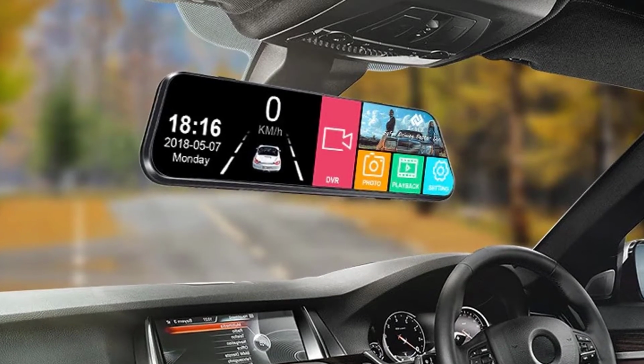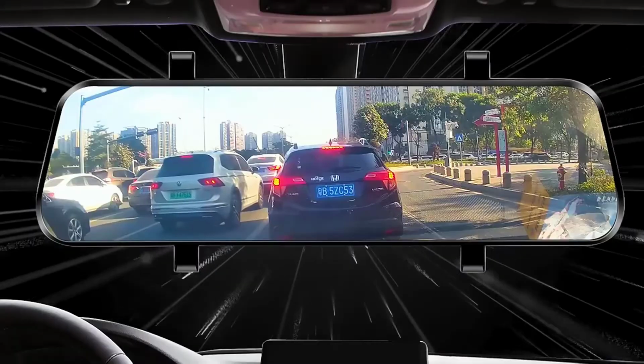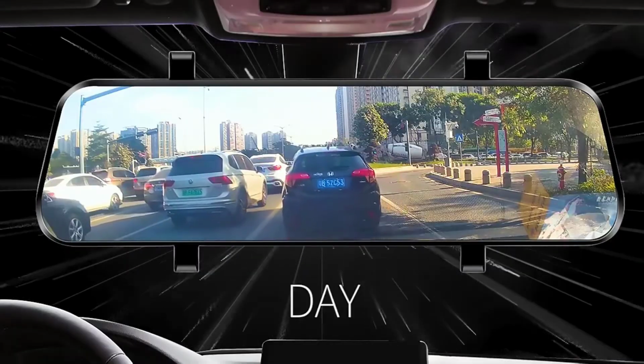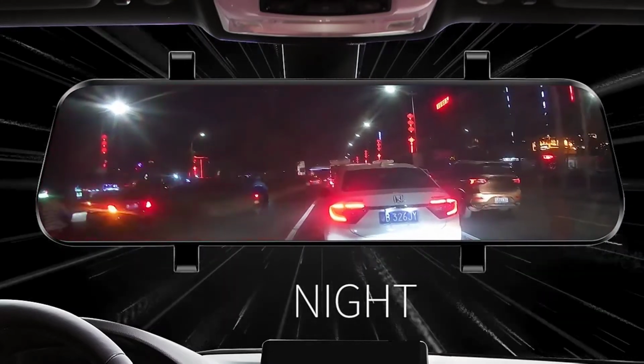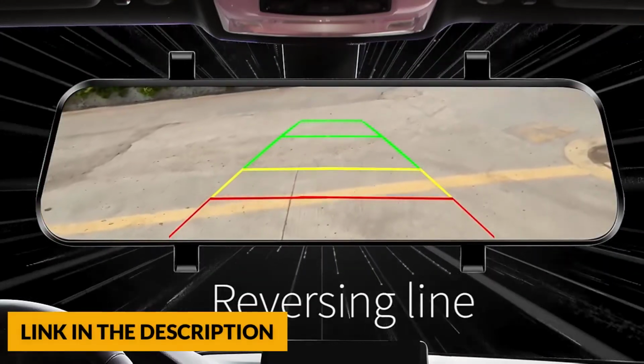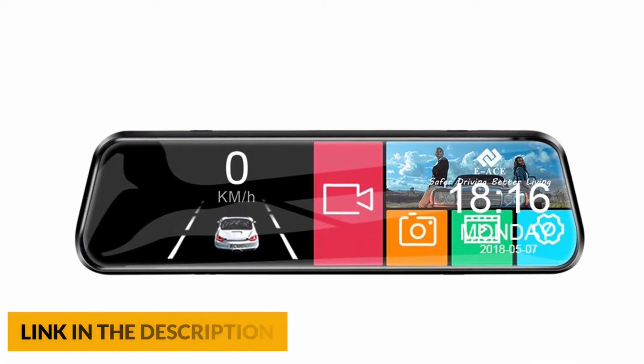Good view for reversing. The front and rear camera will automatically start recording when a collision is detected while driving or when the vehicle is parked. The critical video evidence will be lock-saved independently for future investigation. When this feature is turned on and the memory card is full, the oldest video will be overwritten by the